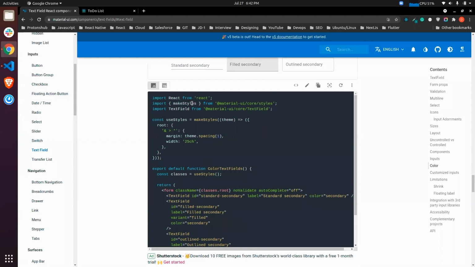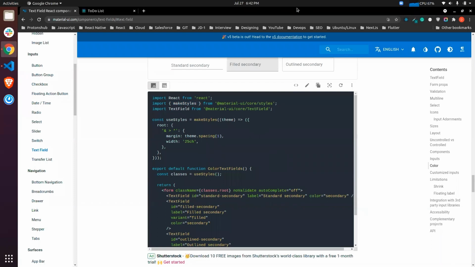Make styles is for the functional component, but if you are using class-based components, we have some other thing which is called with styles. With styles is a higher order component. So what is a higher order component?